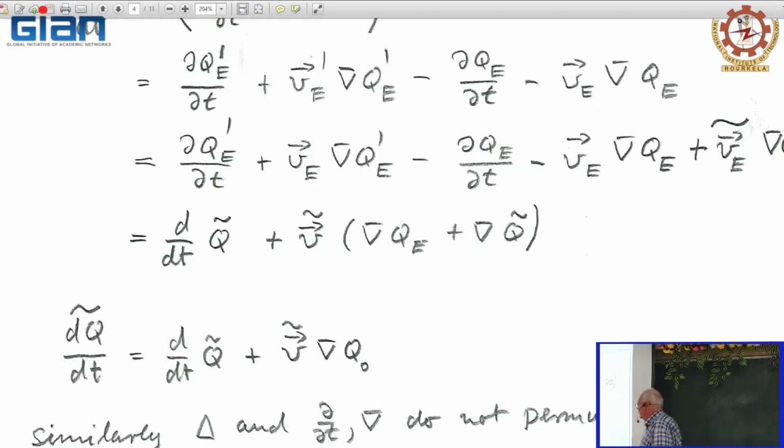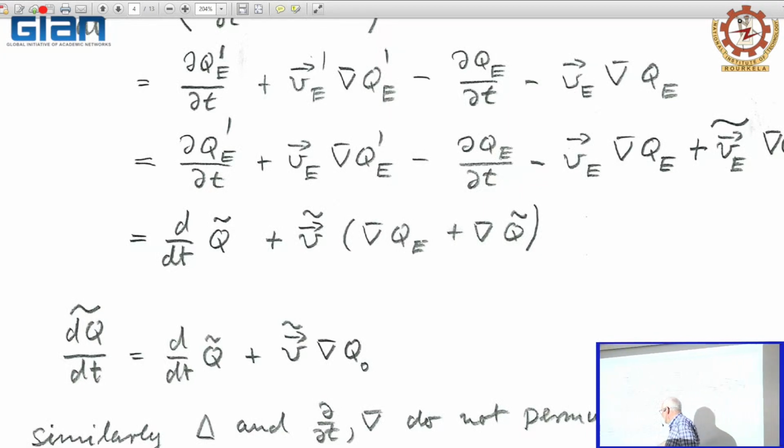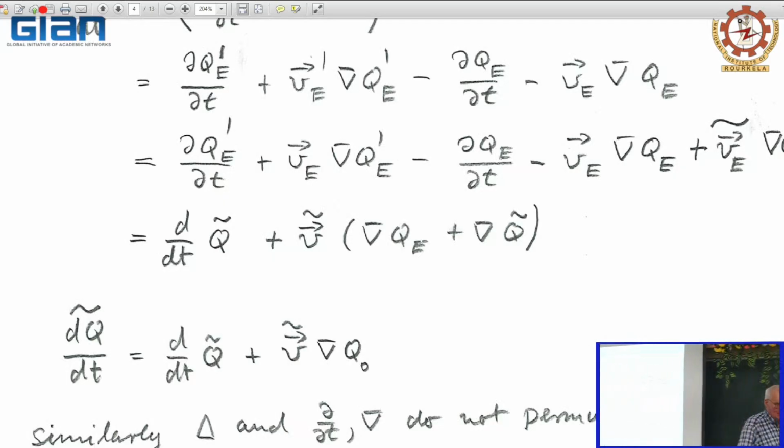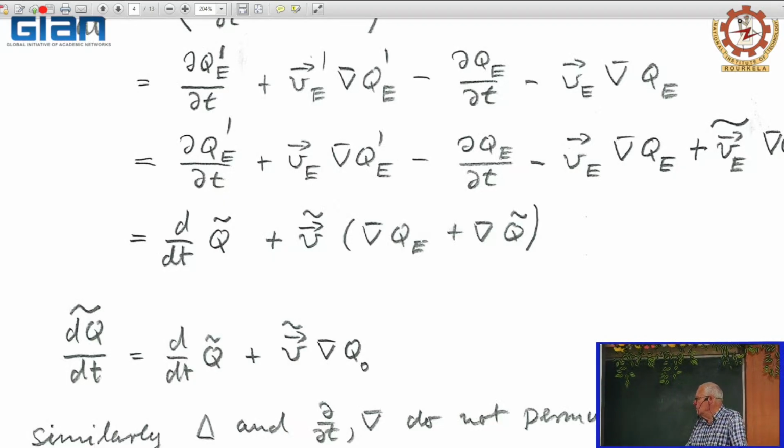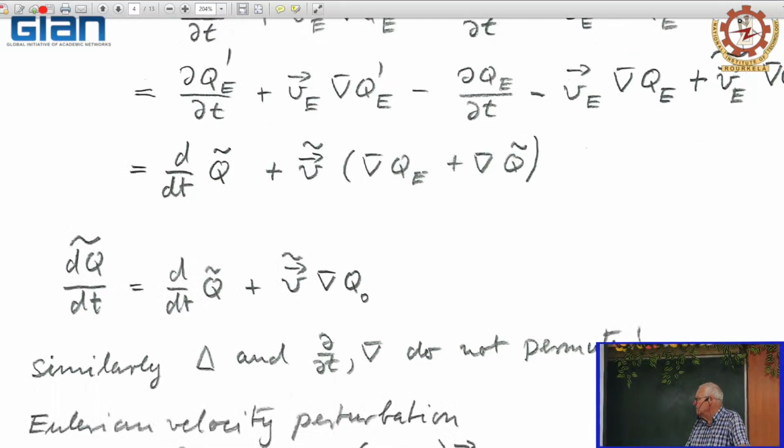Well, similarly, the operator delta, the Lagrangian perturbation, and d by dt and nabla do not commute. So keep that in mind. If you come across that situation, you have to calculate what is the relation between